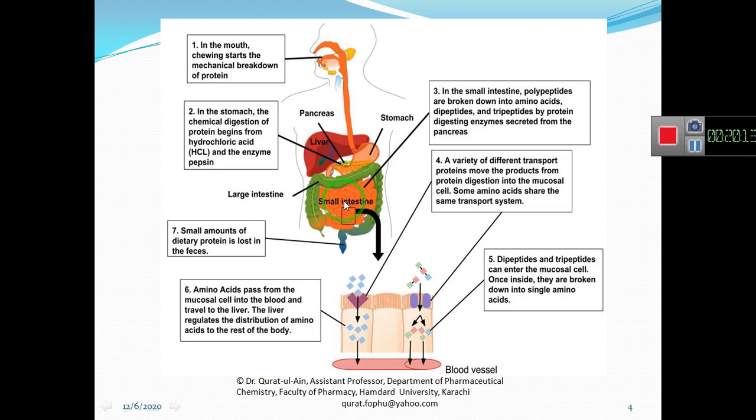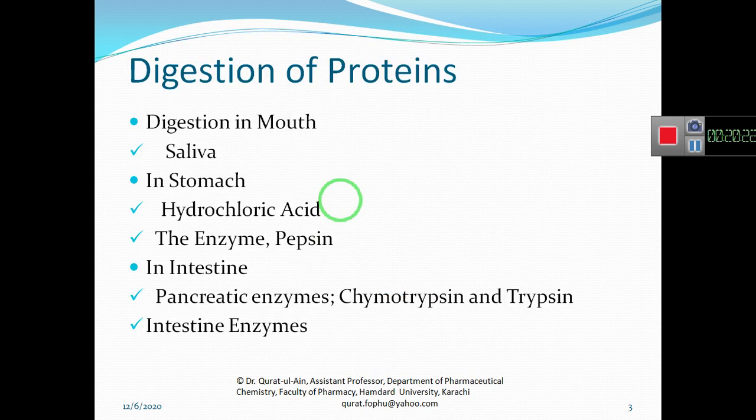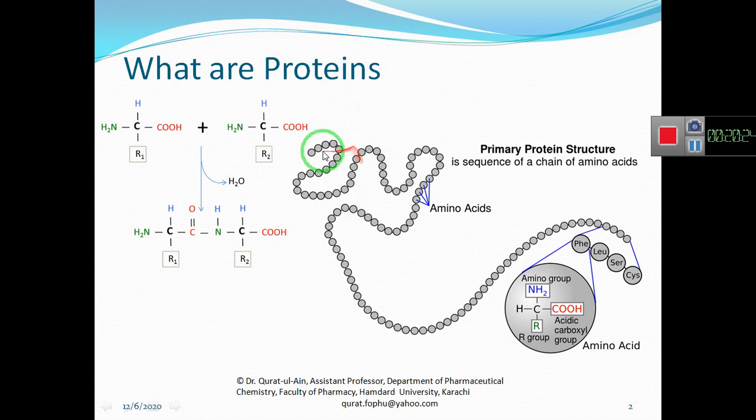small intestine, and in the small intestine, what happens? This dipeptide and tripeptide would then be broken down further. Means if you are having a dipeptide, what does it mean? It means you are having a small chain. As I have previously discussed with you, you are having a small chain like this.